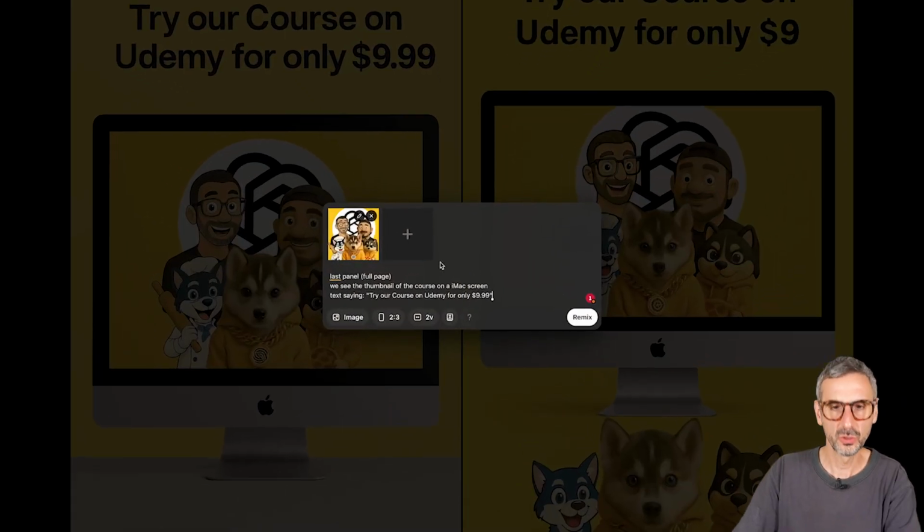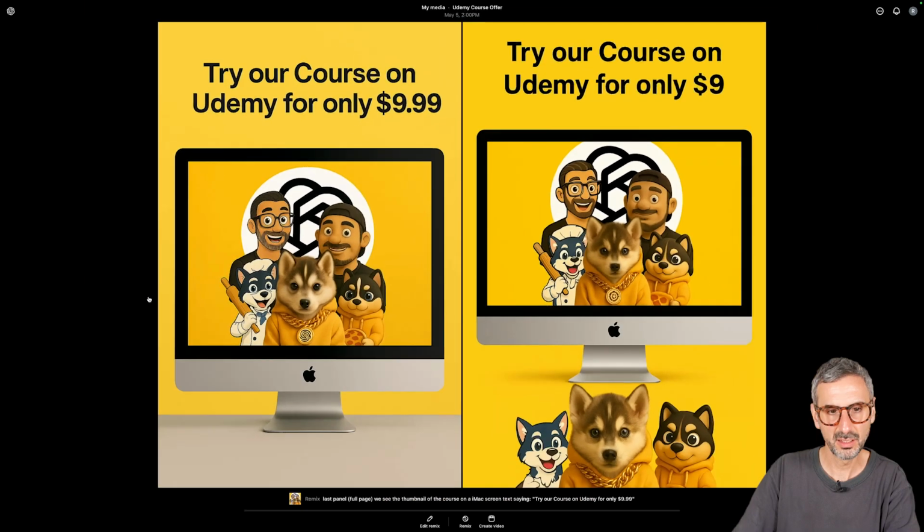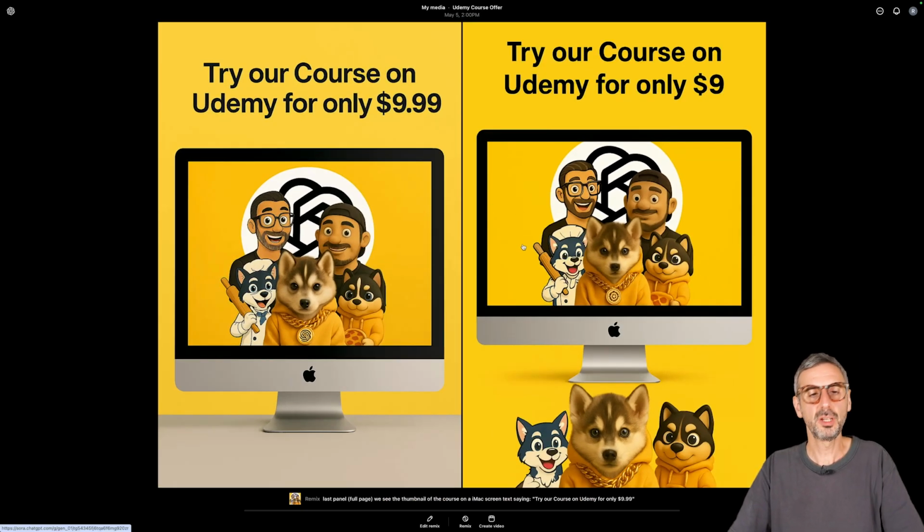Edit remix. So this is the prompt. You see, I uploaded the course thumbnail and then I said last panel, full page. We see the thumbnail of the course with an iMac screen, the text saying, try our course on Udemy for only $9.99. Okay, I used the remix and it created these images, which is not bad, but it's a different